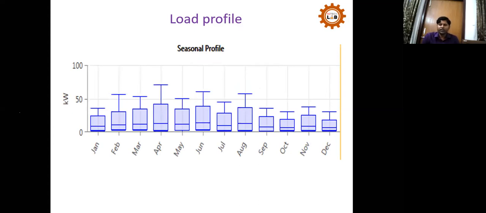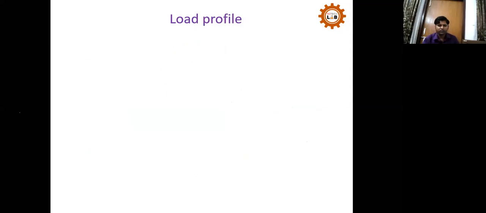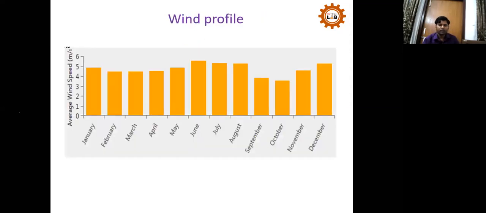Then if somebody asks what the capacity of the renewable energy system will be, which can supply power from renewable energy sources to this building, how to do that? For that, I will show it based on a simulation, a HOMER simulation. I will just show the results first, and then I will show how to do the simulation. So I will quickly go through the results.